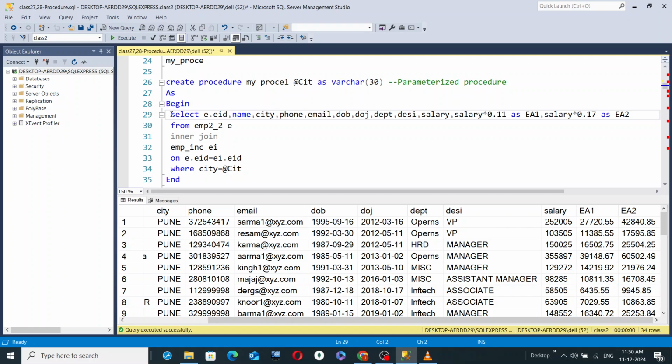There is a SQL query. So again, the inner join operation I have given here: select e.eid, name, city, phone, email, and all this. We have seen it many times. Salary, then calculated fields EA1, EA2, from EMP2 underscore 2, inner join operation, EMP underscore INC EI on E.eid is equal to EI.eid. And then you have to use the WHERE clause, where city is equal to